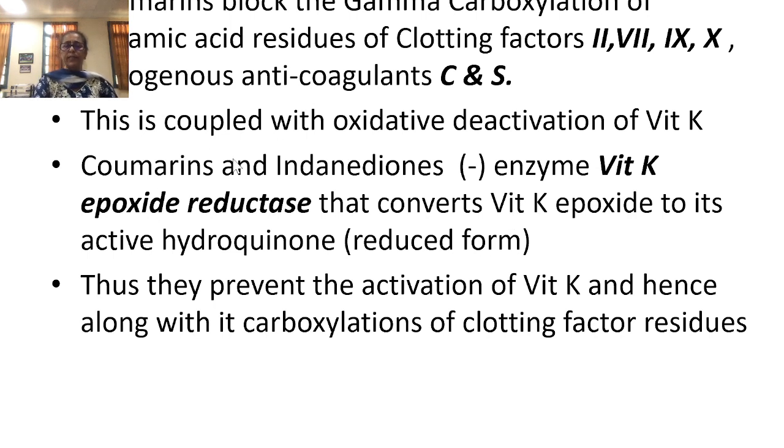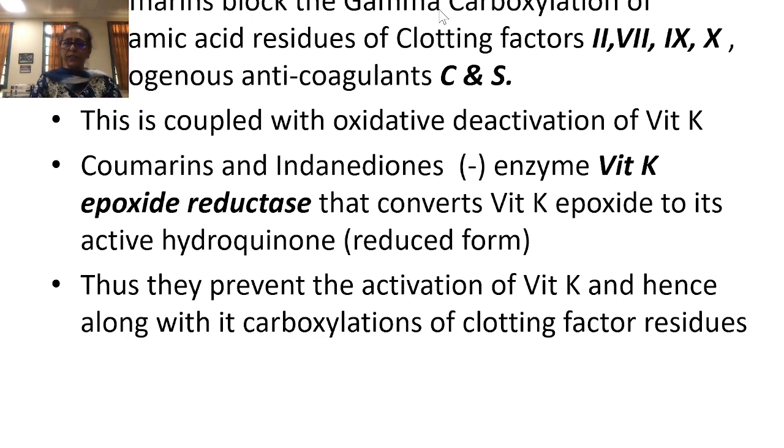So what happens when this enzyme is inhibited? Now the vitamin K will not get activated. Once vitamin K is not activated, it will not be able to take part in gamma carboxylation of glutamic acid residues. So if gamma carboxylation of glutamic acid does not occur, these clotting factors will not get activated. You know, from the clotting cascade, one factor gets activated which activates the other inactive factor and makes it activated, and so on. This is possible only if there is gamma carboxylation of glutamic acid in the clotting factor.